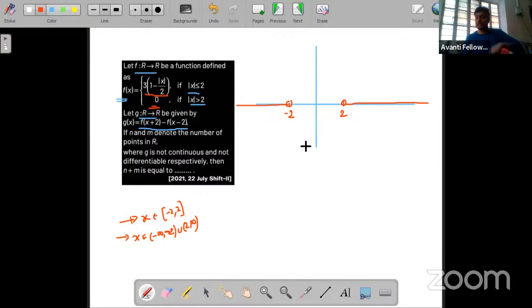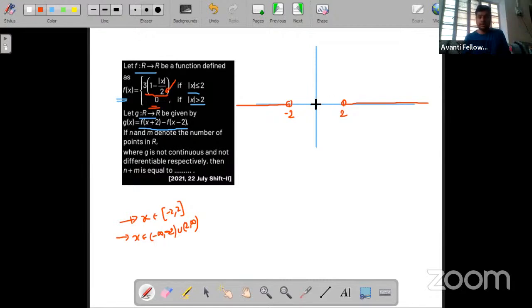So first of all think about it, what is modulus of x? Victory sign. So the graph will look like this. Then we have to divide it by 2. If we divide any function by 2, what will happen? The slope will go either upward or downward, right? The function value will be either less or more. Clearly there is a division by 2, which means the value will decrease, so the slope will be lesser.